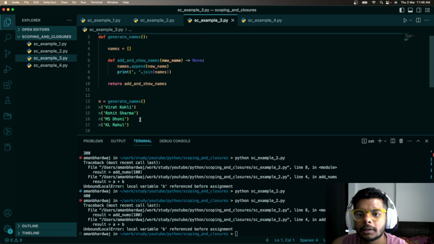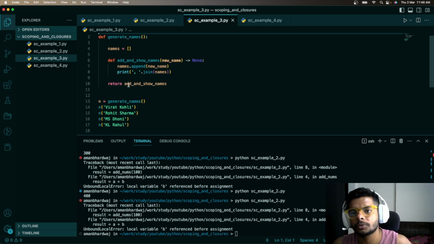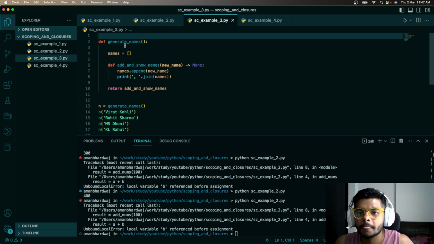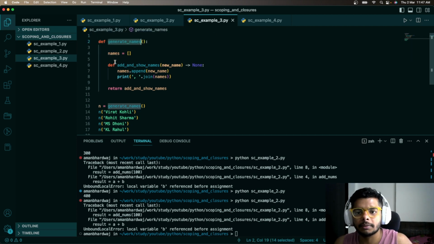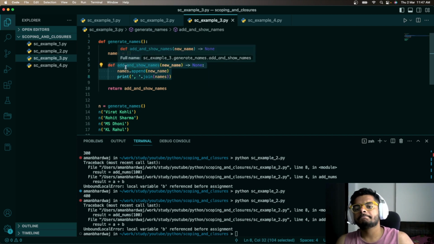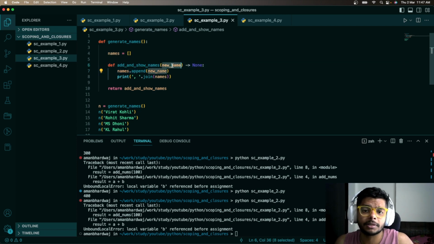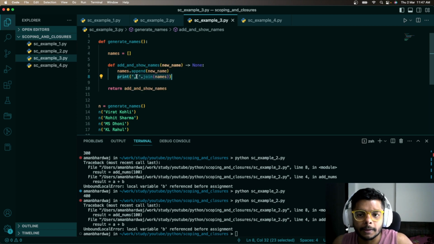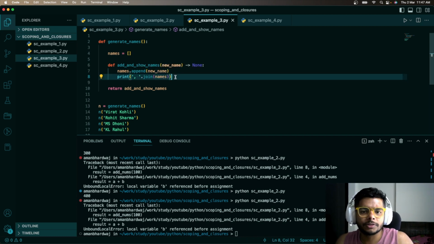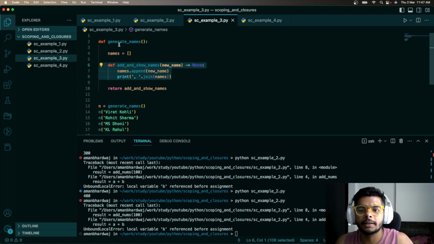And in this example, let me tell you what this example does. We have a function which is called generate names. It has a nested function here, and this function takes a parameter new name. It appends that new name to the names list, which was in the outer scope, and then it prints whatever is present in that names list. It joins all those names as a string separated with comma, and then it prints it. So this is what the inner function does,